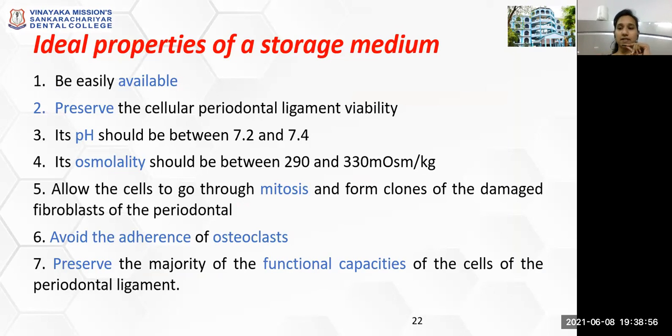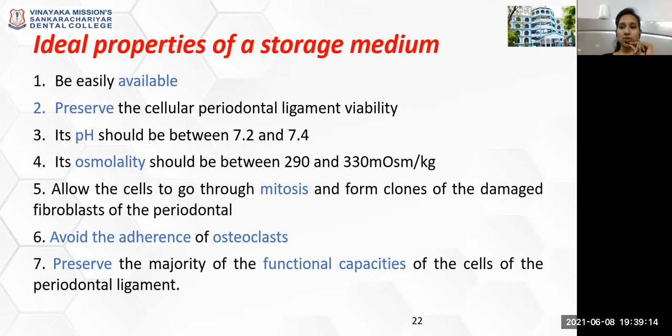It should be easily available, and the most important thing is it has to preserve the viability of the periodontal ligament cells, because these are the ones which are going to help the avulsed teeth get in contact, come back into position like your physiological teeth, because the connection has to be made only by using PDL cells,